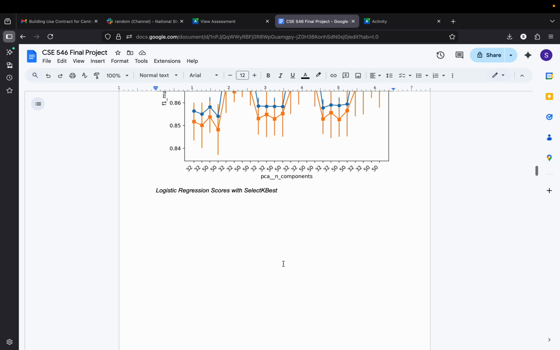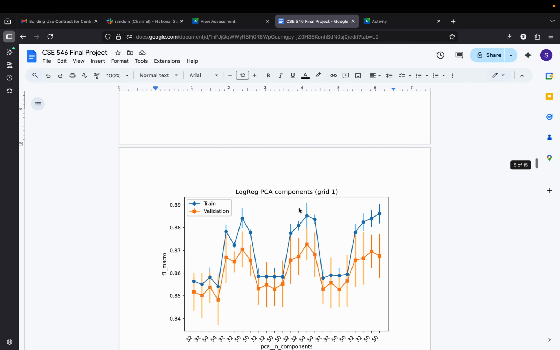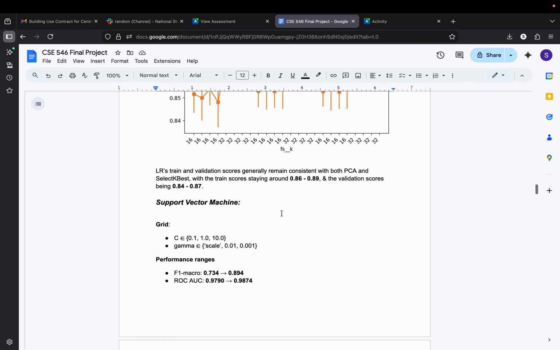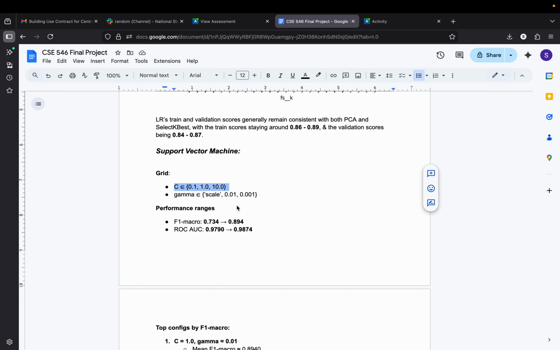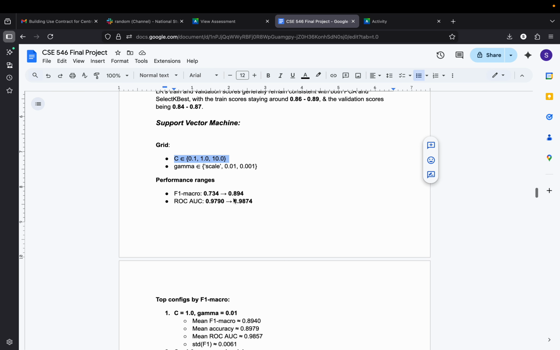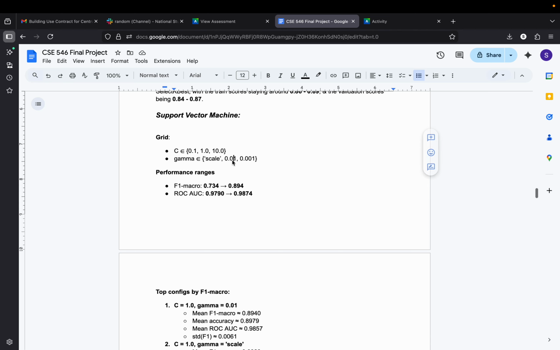Then we see here, with the PCA components and the select K best. And then moving on to SVM. So this is just showing for SVM I tuned C equals 0.1, 1, and 10, gamma scale, 0.001 and